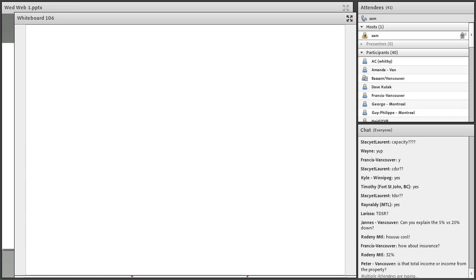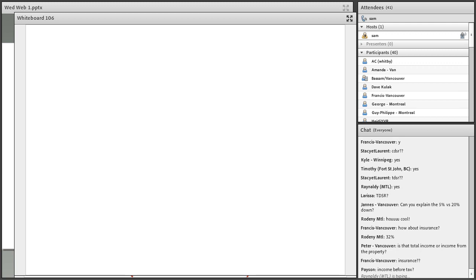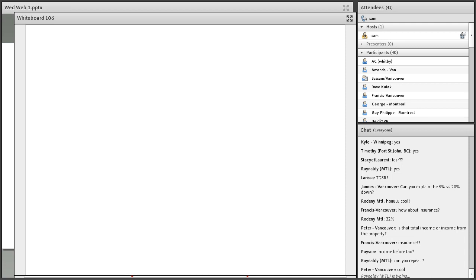Is that total income or income from the property? So that's your income from your work, from your self-employed earnings, whatever that is. This isn't even coming from the property. But we can talk about that as well. If you've got a rental property, they will take half of whatever income you're getting from that property and count it towards income for yourself. And that's gross income, right? So they're immediately counting 50% of it to expense, just like we would in general. So if you're collecting $2,000 a month of rent, they're going to take $1,000 of that $2,000 and include it as income for yourself.